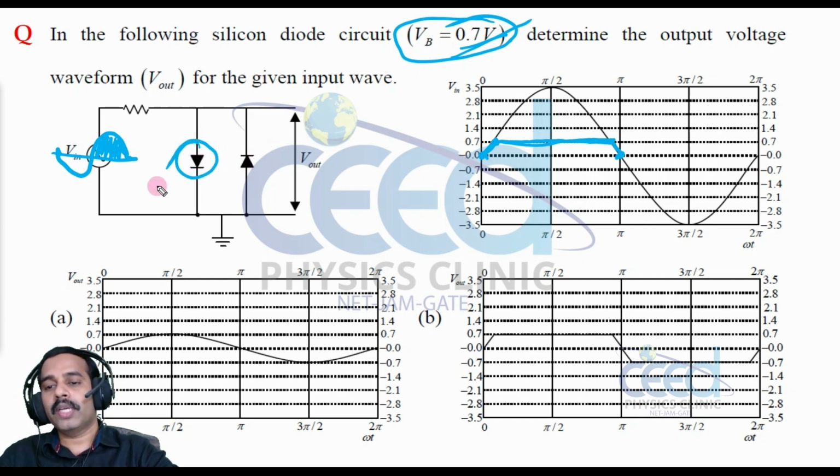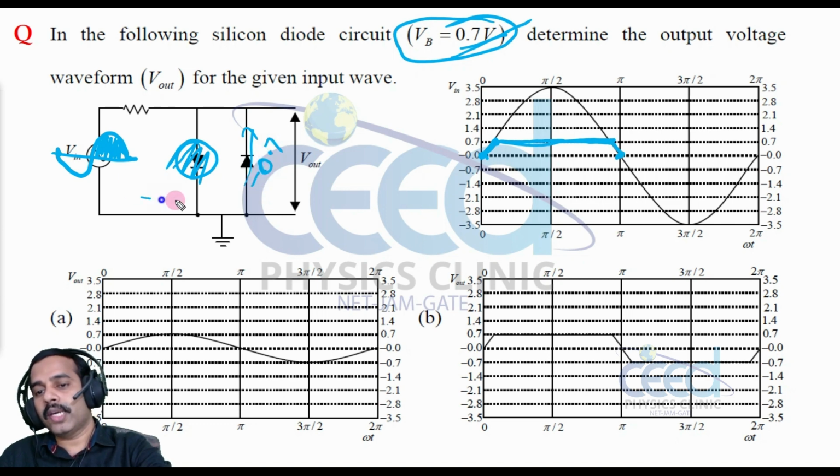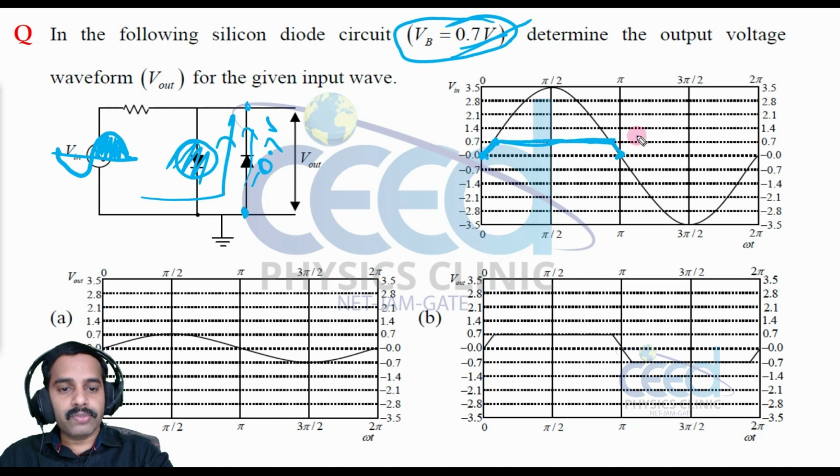Then this diode is in reverse biasing, so it does not conduct, but this diode will conduct in the opposite way. So here we have minus 0.7 volt, because reverse biasing conduction is in the opposite direction. When I am considering the voltage measurement from this point to this point, that will be minus 0.7 volt. So during the negative half cycle, we have minus 0.7 volt, and this will be the output.